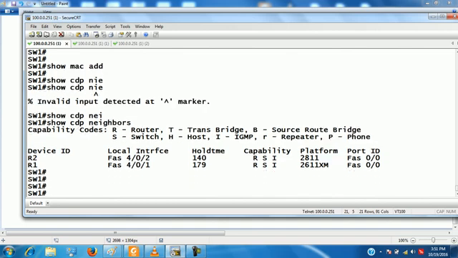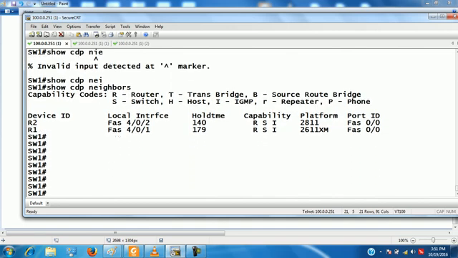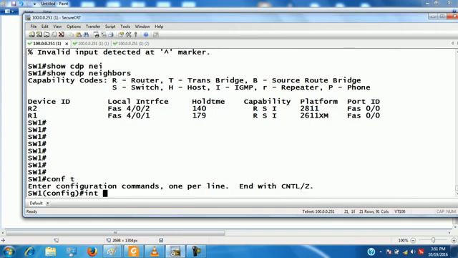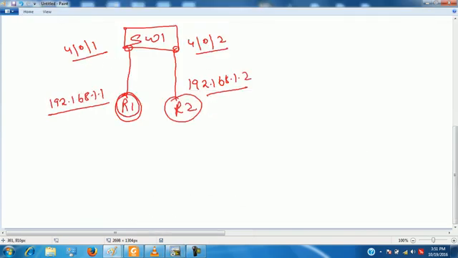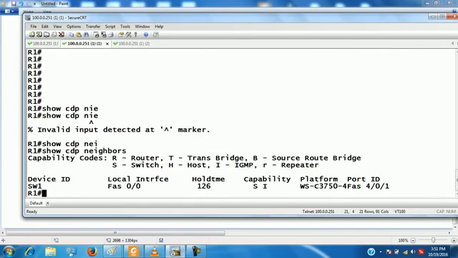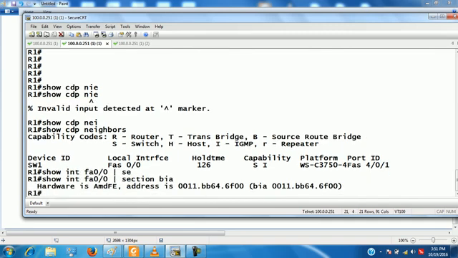Switch 1 is connected to the R1 and R2 ports. Clear? So let's say for this user I want to enable port security. First of all, let me check the MAC address of this user. What is the MAC address of this user?